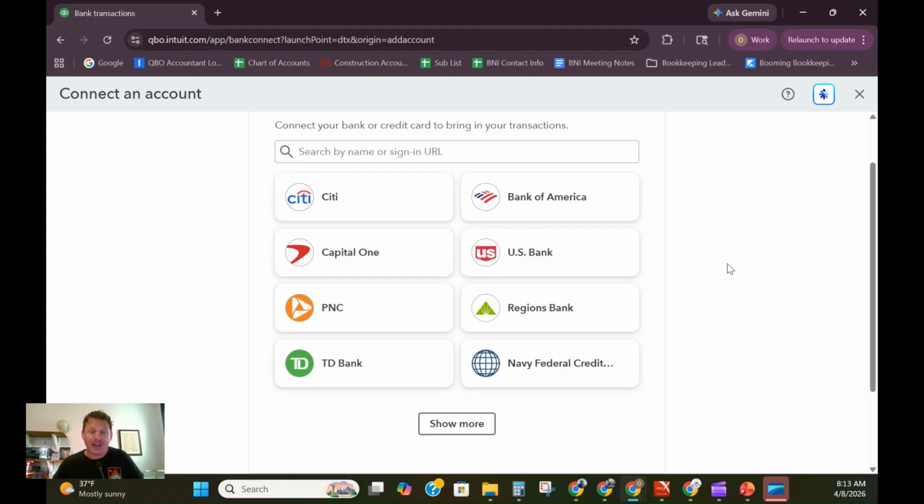So I just want to say that you can trust QuickBooks. They do this for hundreds of thousands of people across the world, and they have very robust security, and it's definitely safe to link your bank account and give them that information. So I wouldn't worry. But if you are really worried and you don't want to give that information, that's okay. But you're going to have to manually upload your banking transactions. And I just want to show you real quick